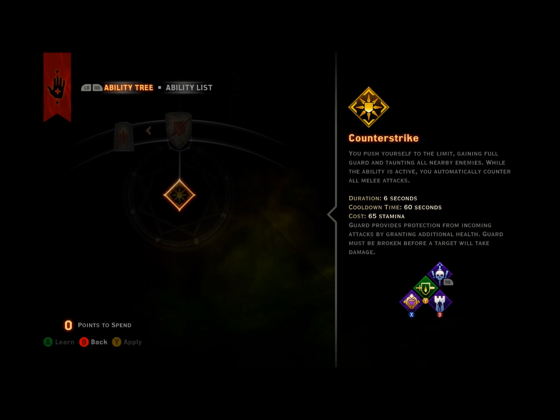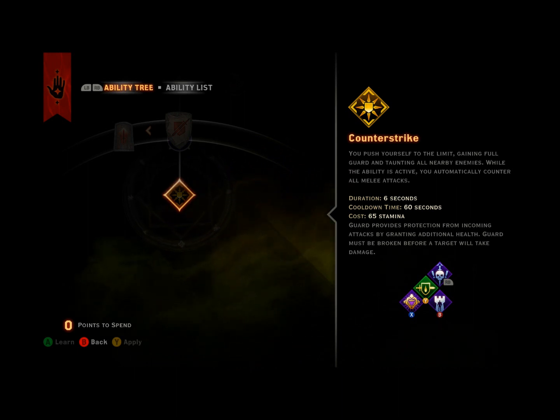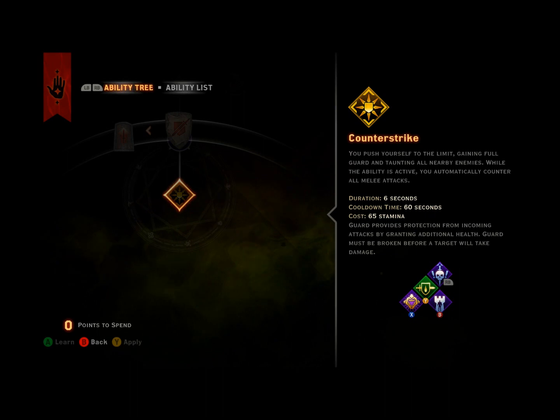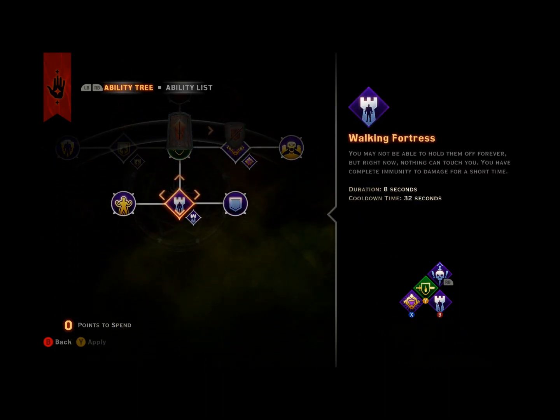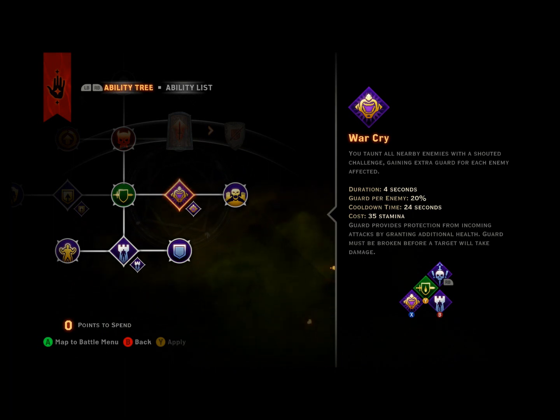Now I've noticed, I think it also counters ranged attacks. I've noticed a little counter avatar come out and knock over somebody with a bow. So it might be a little buggy there. But if you are in a sticky situation and you go out there and use Warcry or you use Counter-Strike